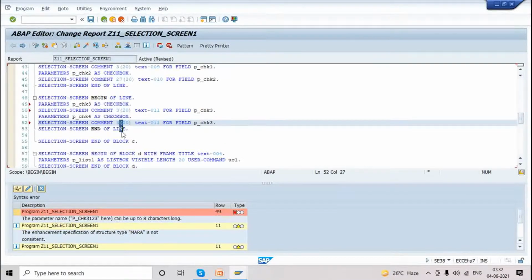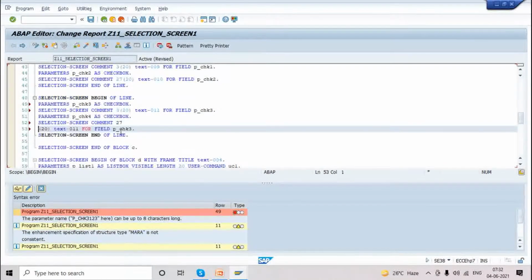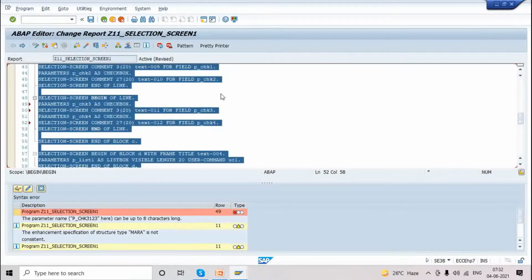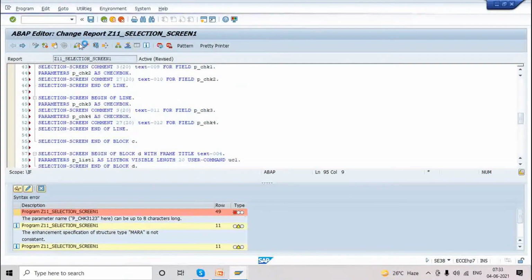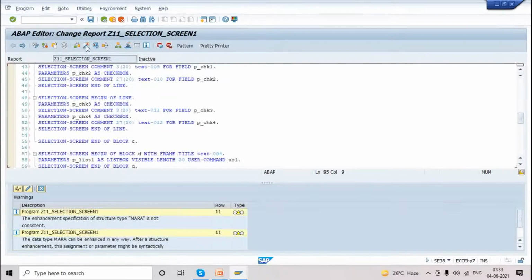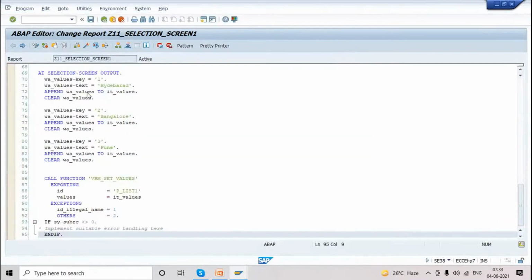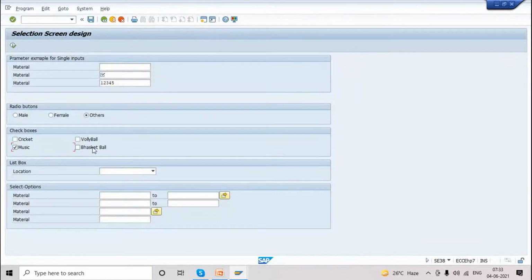Then here 27 of 20. The text symbol will be 12 and the selection screen variable will be 4. Check. Activate. Execute. Now you can see music and basketball.